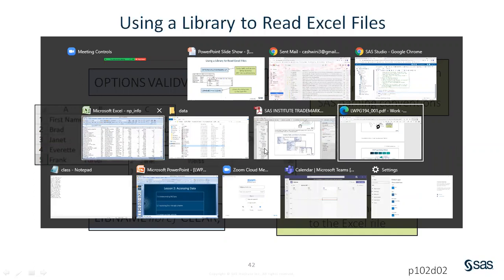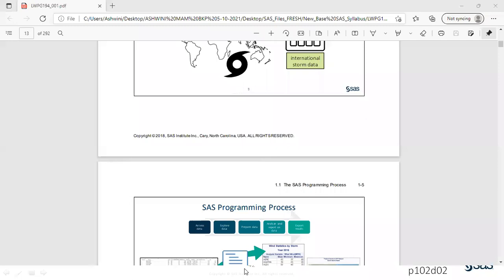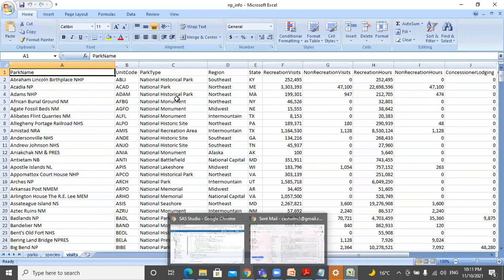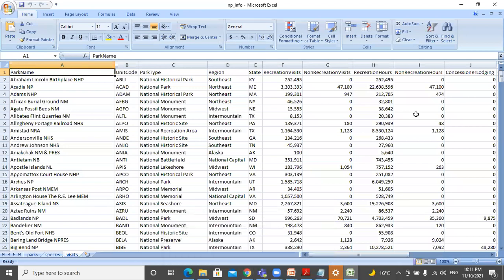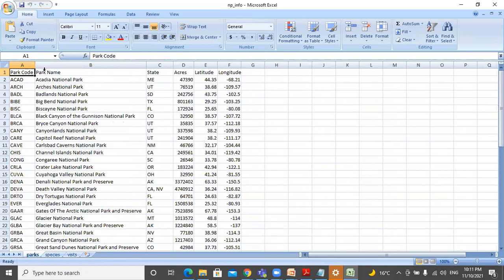No. So see, look at the column names. In one of the columns, see, you get space. See, here you see space, right? I hope you're understanding what I'm trying to show you here. The column names in Excel contain space, but as per our SAS rules, the column names should not contain spaces.